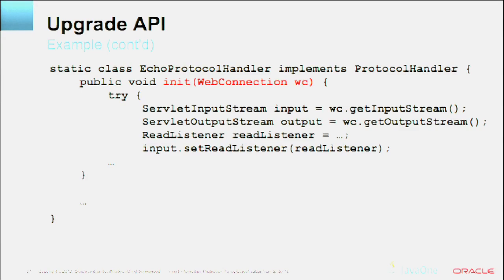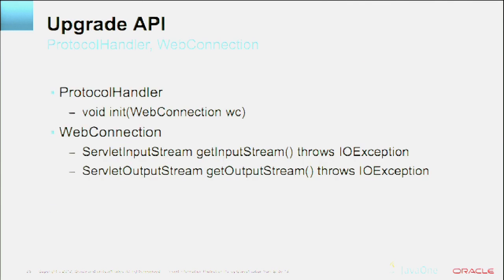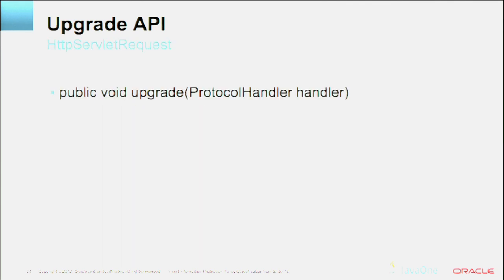Now, the protocol handler only has one method at this moment. It's an init. From the init, you can get the input stream and output stream, and then you can create a read listener, and then you associate the listener with the input stream. And that is what we try to do in this init method. Now, why do we need to introduce non-blocking I/O here? Basically, it's like this. Once you call the upgrade method in here,